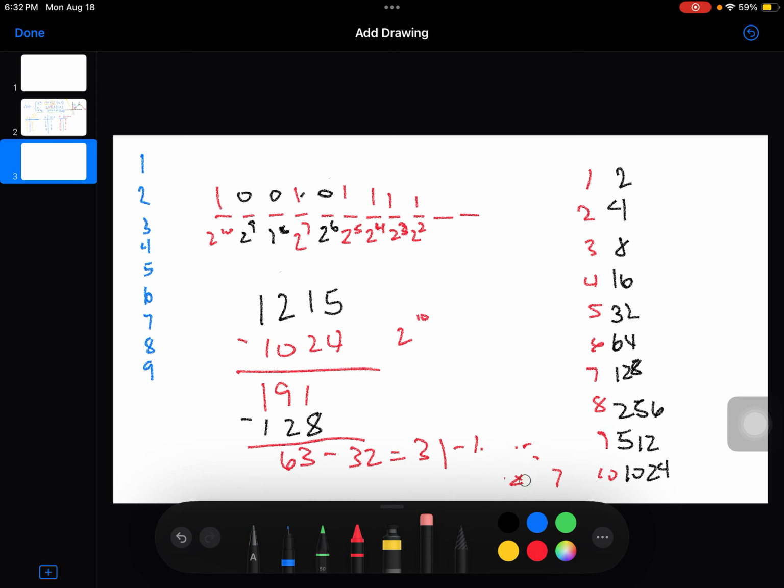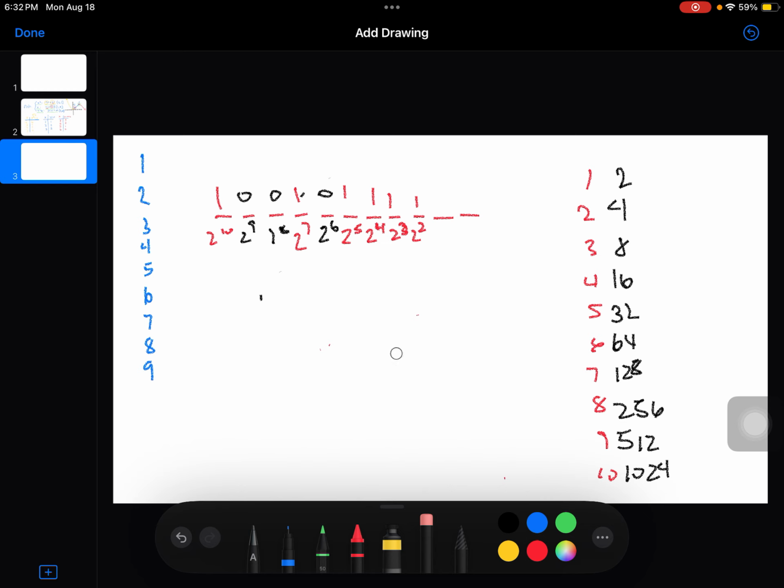Let me clear out some space here. So we got 7 minus 4 gives us 3. And we're down to 2 to the first power. 2 to the first power is 2, and 3 minus 2 again gives us 1. And then we're going to have a 1 for 2 to the 0 power. So we're 1, 0, 0, 1, 0, 1, 1, 1, 1, 1, 1 for